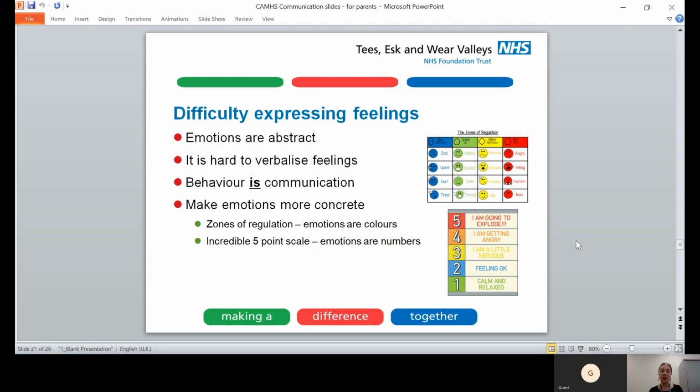So what we want to try and do is make emotions more concrete. And there's a number of programmes that have been developed for children that find this particularly difficult. So in Zones of Regulation, they have different colours that represent the different emotions. So you've got your green colours, that's when you're sort of at your baseline, that's when you're happy and you're calm. And then you've got blue emotions where you're maybe feeling a bit under the weather, you're a bit tired,